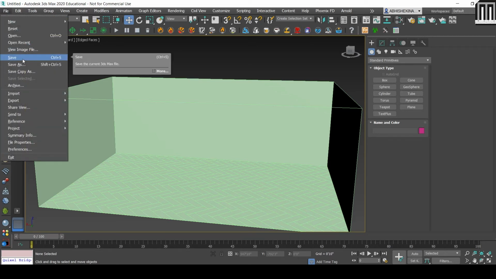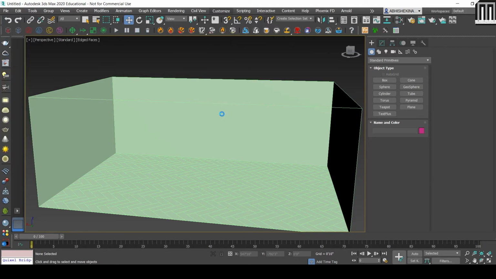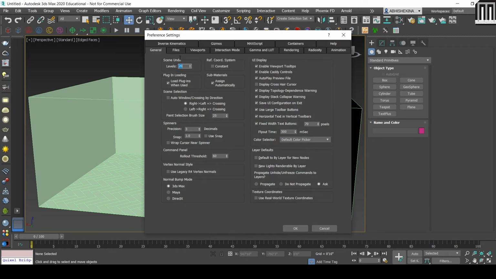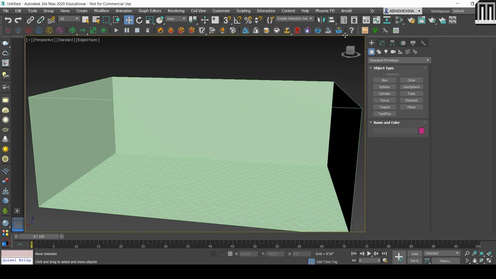I'll just save it once, so I'll save as versions. Okay, go to preferences and make sure that you have increment on save turned on. So when you do that, you just press Ctrl S and you get a new version actually.